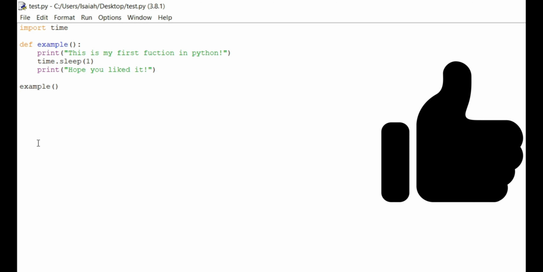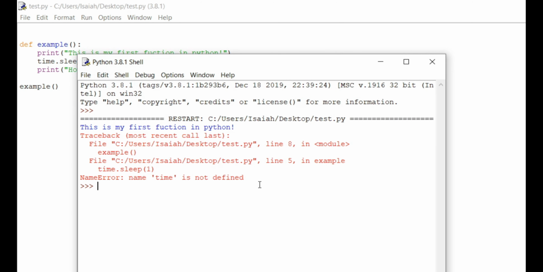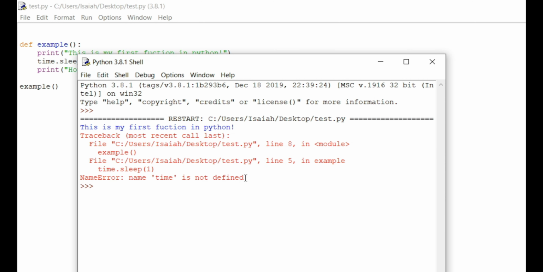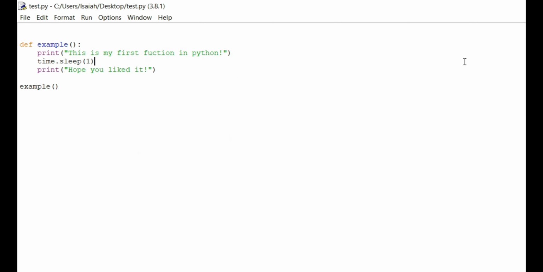And so yeah, say if you had this import time taken out, okay, this is what I was trying to tell you before, and so it's going to say, what the heck, time.sleep, time is not defined. You can see this. So what this is saying, it's like there's no such thing as time in the normal Python. You've got to import it. It doesn't say that, but that is the case for this. So when we import time,